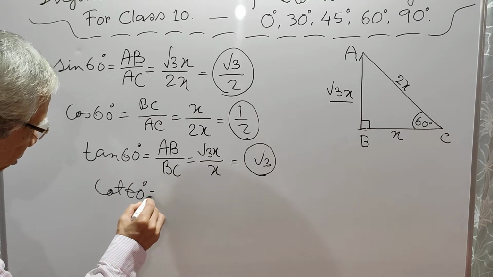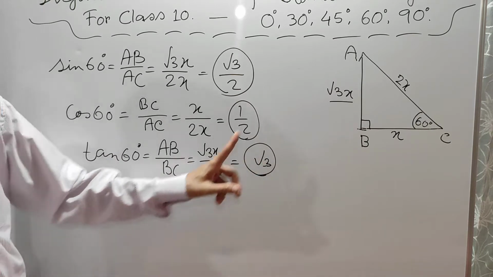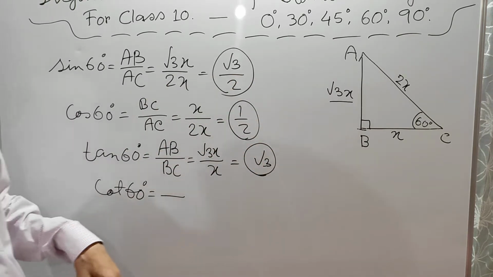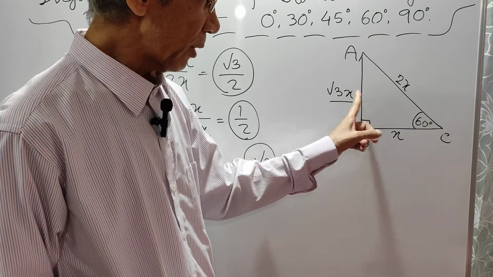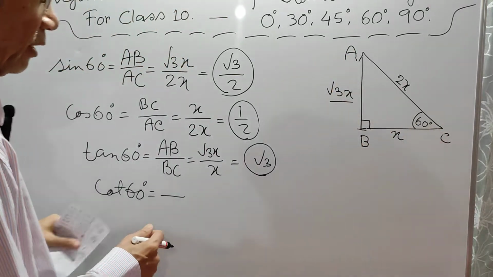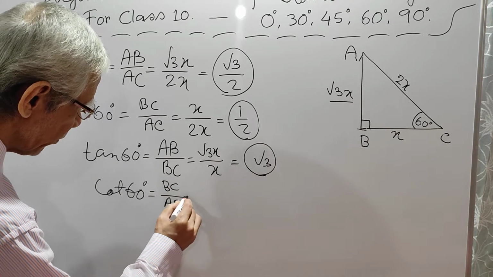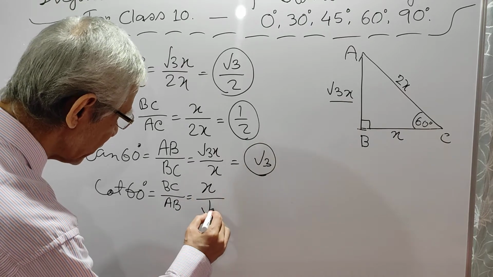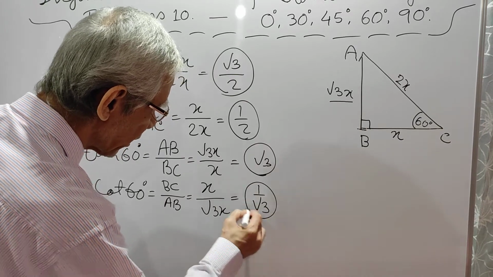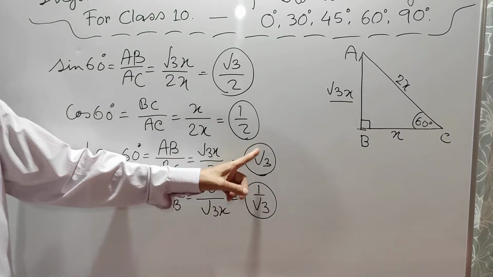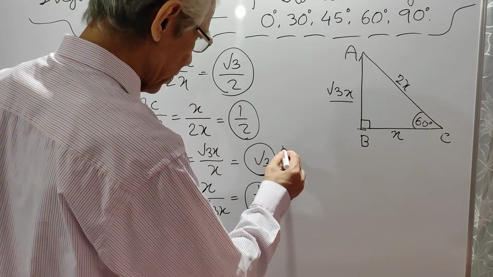Cot 60 degree will be the reciprocal of tan 60, which means 1 by root 3. But then we must find it from the triangle. Cot is base by perpendicular, or adjacent by opposite. That means BC by AB. Now BC is x, AB is root 3x. So what do you get? 1 by root 3. So we have found from the triangle that cot 60 is 1 by root 3. Now you see these two are reciprocal of each other, because tan and cot are reciprocal of each other. Alright. Next